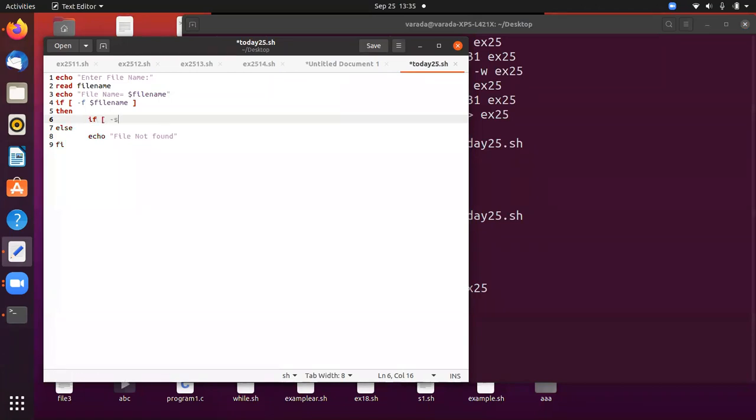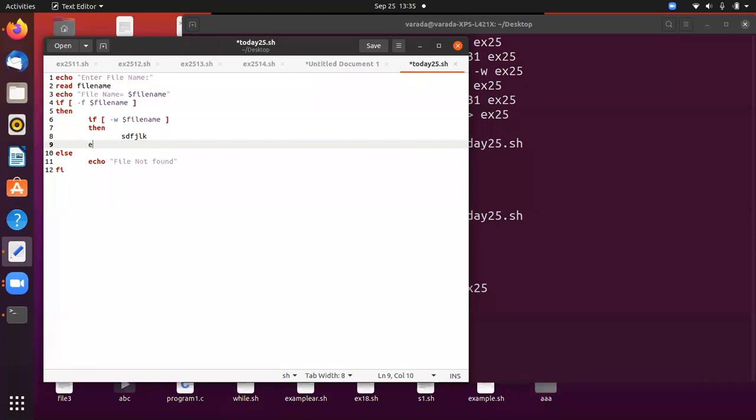If -w. So -w checks whether the file has write permission or not. If -w $filename, then we are going to do something, we will discuss that later.